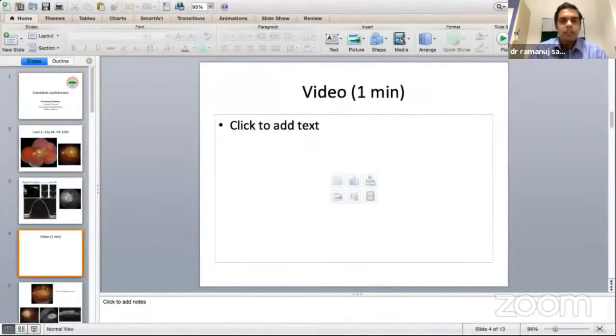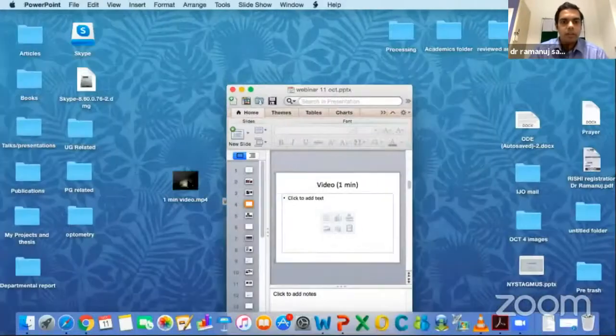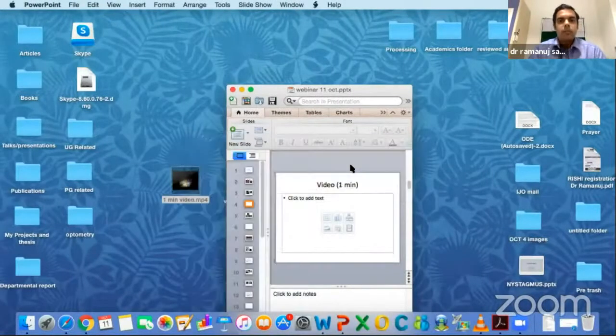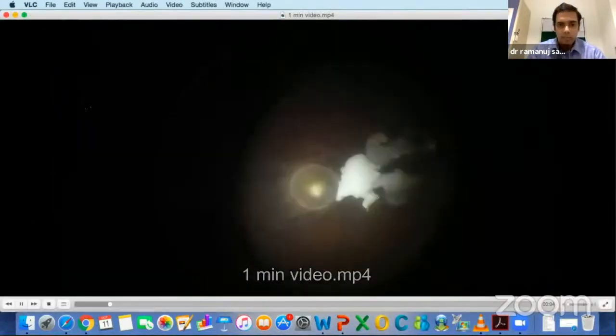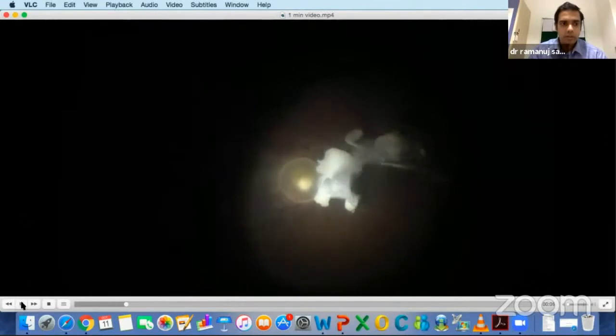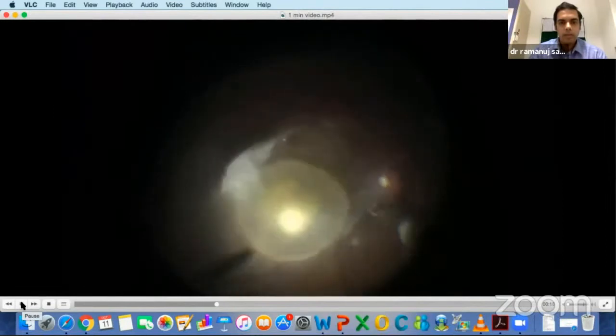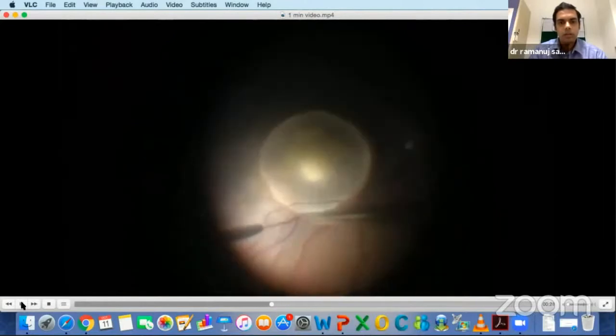The patient was explained the need for surgery and consent was obtained. So we went ahead with a 25 gauge transconjunctival sutureless vitrectomy. First of all, triamcinolone acetonide was injected and gentle hyaloid removal was done, taking care not to cause any inadvertent rupture of the subretinal cyst so as to avoid any dire complications. After removing the hyaloid meticulously, the peripheral skirts of vitreous were removed thoroughly.